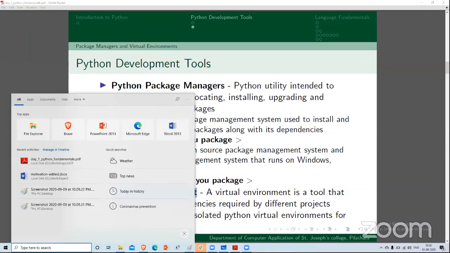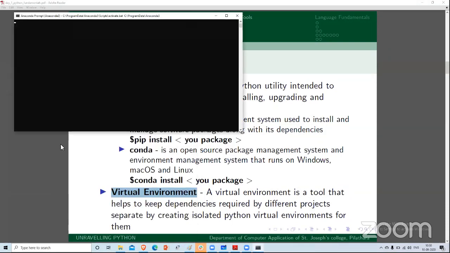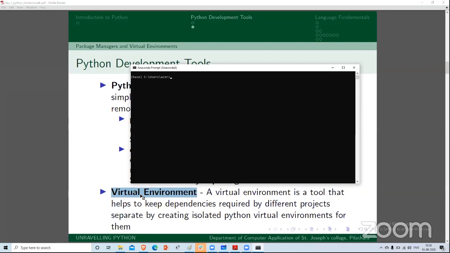First we can start the Anaconda prompt. All of you, please take the Anaconda prompt from Windows. For Linux users, you can simply take the terminal. Please comment in the comment box after taking this terminal.